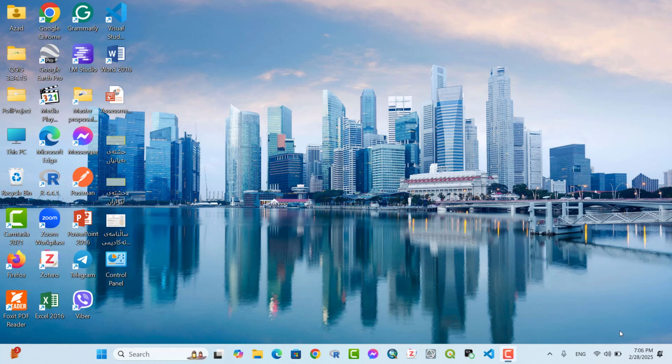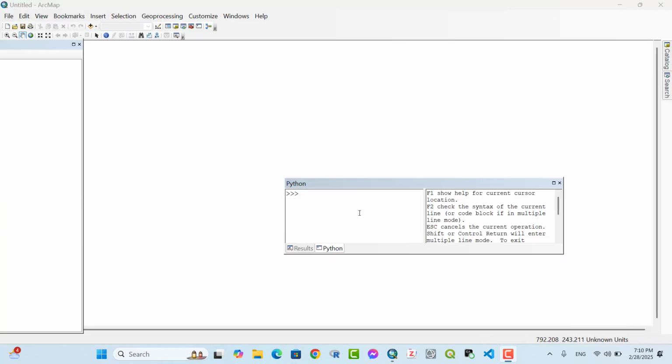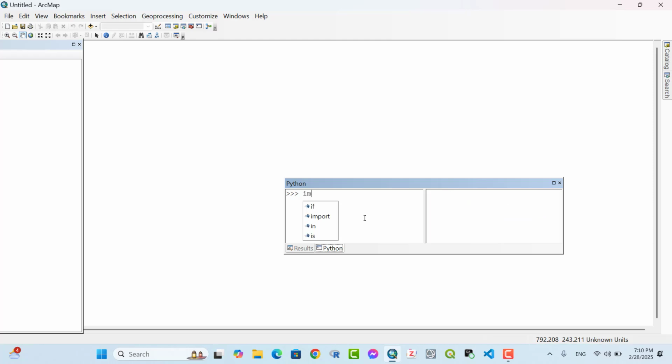Step 1. Set up the workspace and environment. We first define the working directory and configure ArcPy's environment settings. Import ArcPy, import os, then define workspace, raster folder,